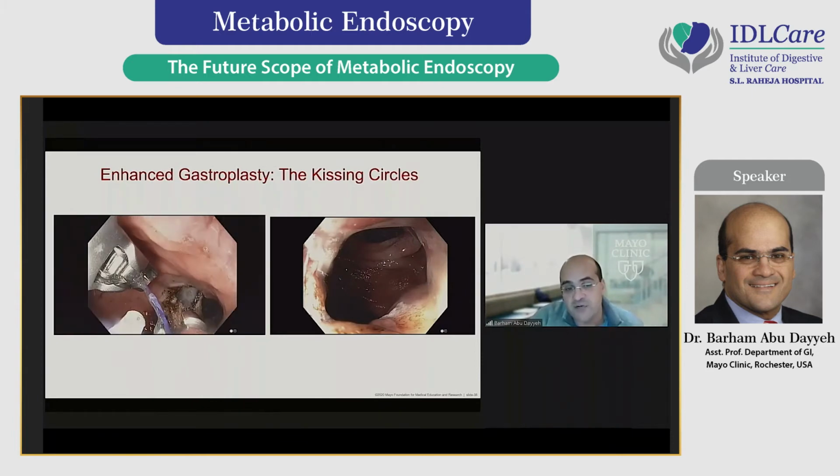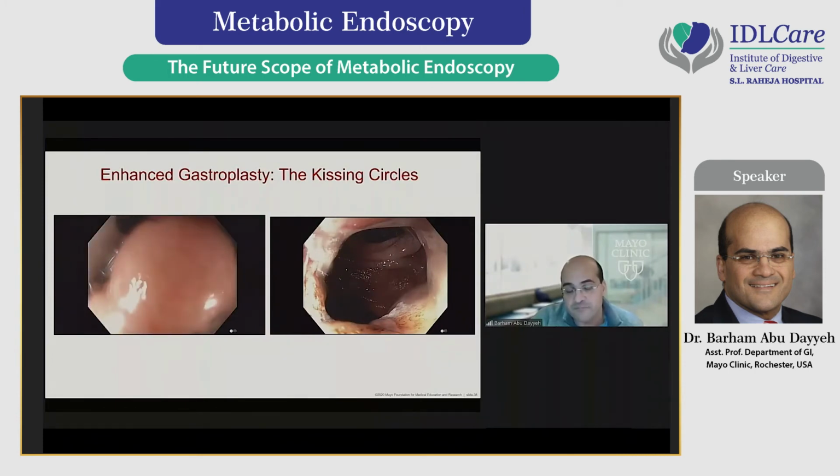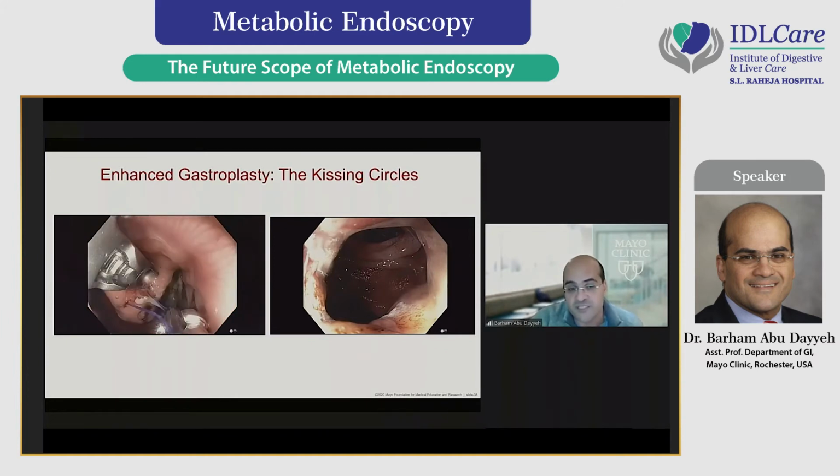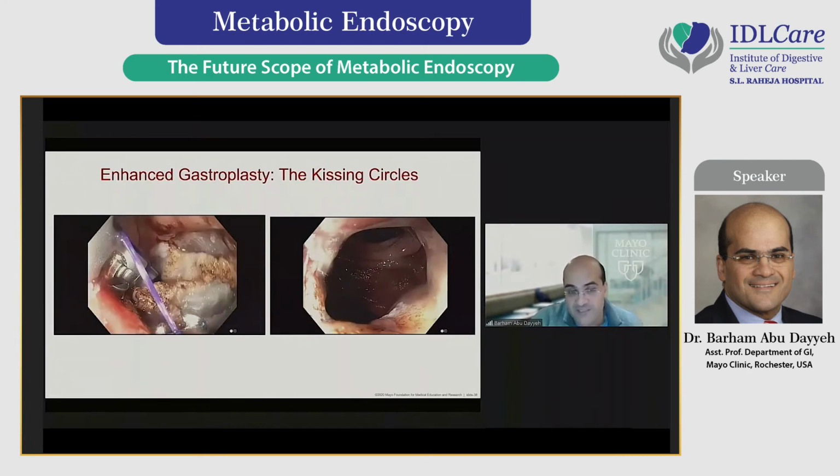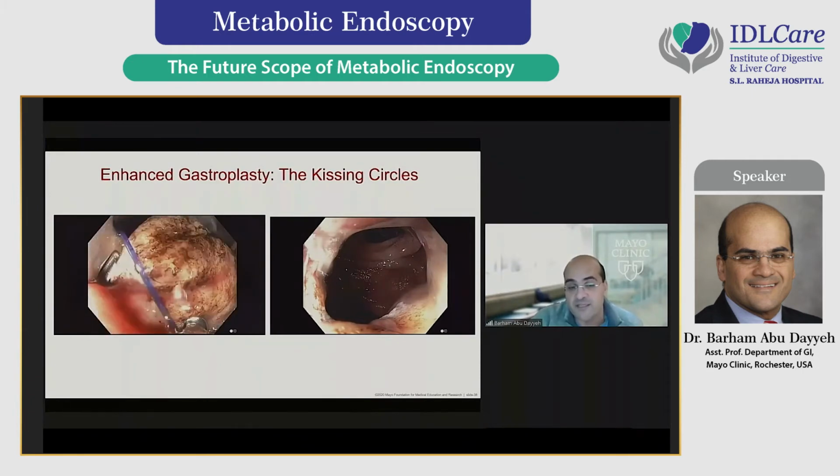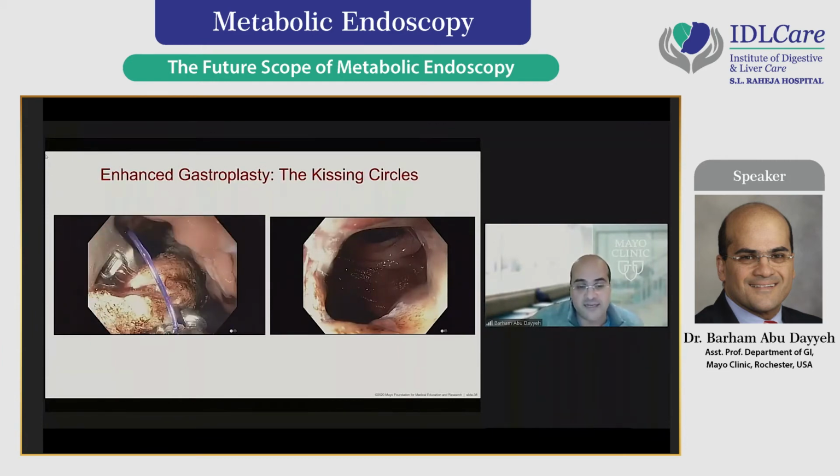So you could see here, we're using the Helix, and we're not going to suture inside of the EMR defects. That's dangerous. We suture to link these circles above. So the first bite happens above that area, and then we suture along the greater curvature, and then around the posterior wall, as we will see here. And now here we're going to the greater curvature. And again, the important part is we are not suturing inside of the mucosal defects. We're suturing in the untreated area in between these plications.